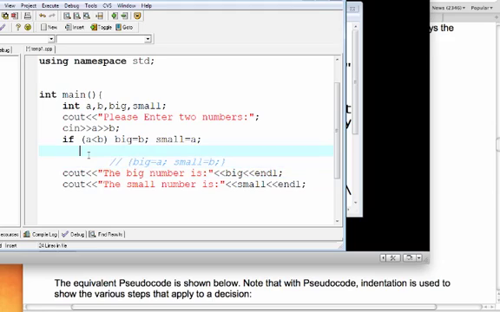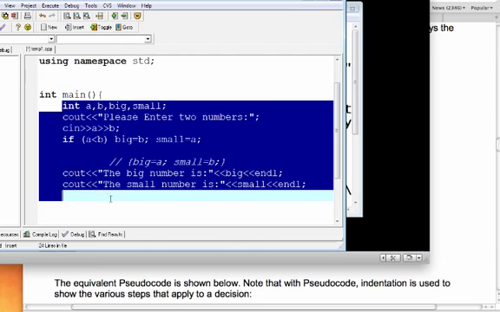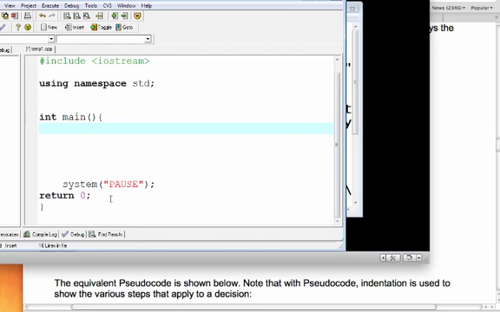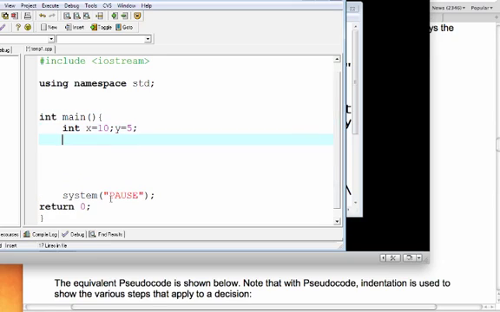Now if A is less than B, then big is B and small is A. Let me change the full example and have another example just to show the if and else part here. Now int x equals 10 and y equals 5, then if x is less than y, which is not the case,